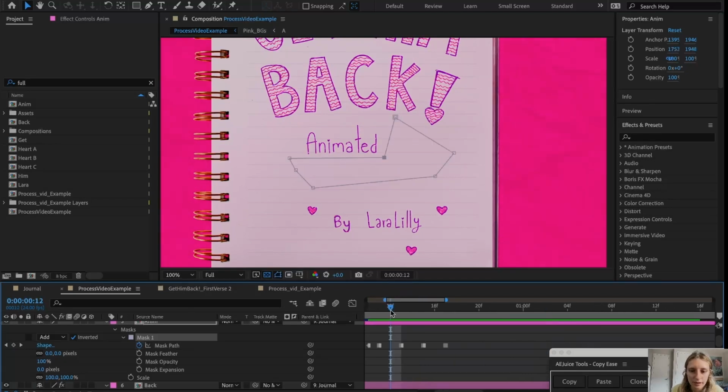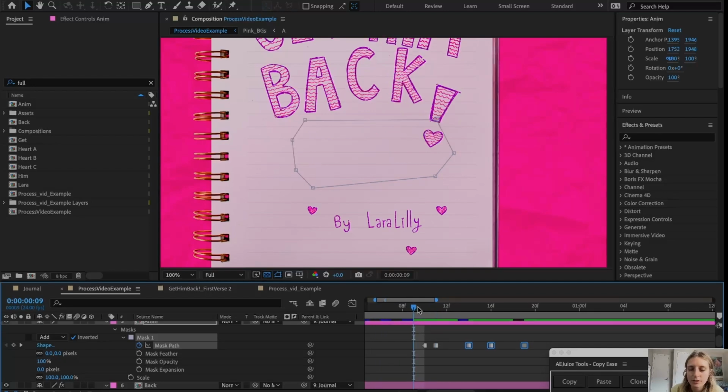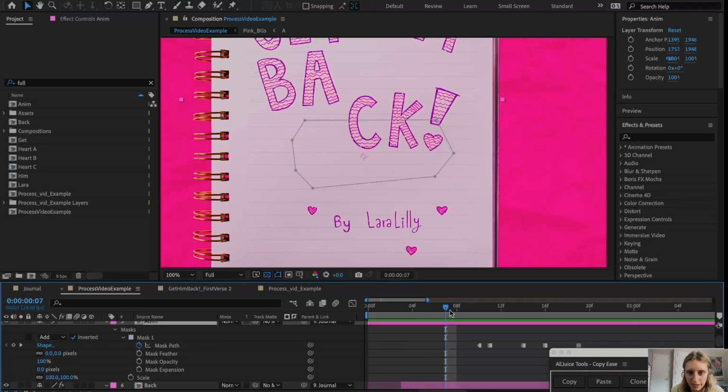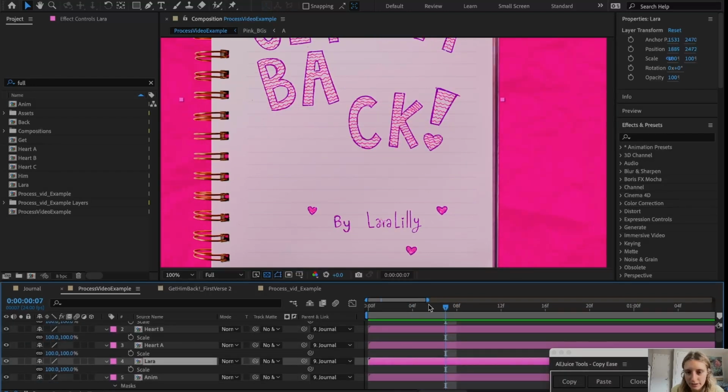Nice. And maybe we want it to come on slower at the beginning and then faster in the middle, which is one of the basic principles of animation. You want your motion to ease into itself. So the lyric video comes on just really quick and then process comes on, a bit later, and nice. And then Laura Lily,